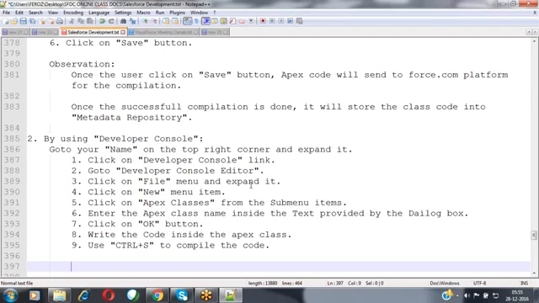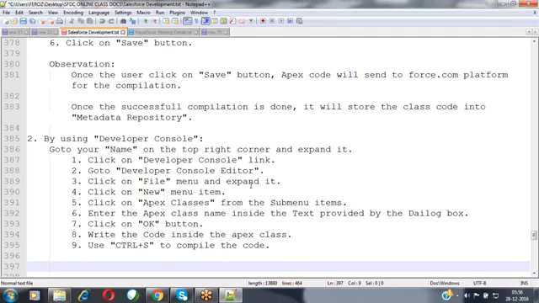So for that, Salesforce provides an auto save option by default. When you go to your Gmail application, whenever you are typing some message, for each and every 5 fractions of seconds, your message will be saved automatically as a draft. In the same way here also, for each and every 10 fractions of seconds, your code will be sent to the force.com platform for the compilation. If there are any compilation errors, they will be displayed to you immediately and automatically by default. So there is no specific Save button available here. Automatically, every 10 fractions of seconds, the code will be sent to the force.com platform for the compilation.